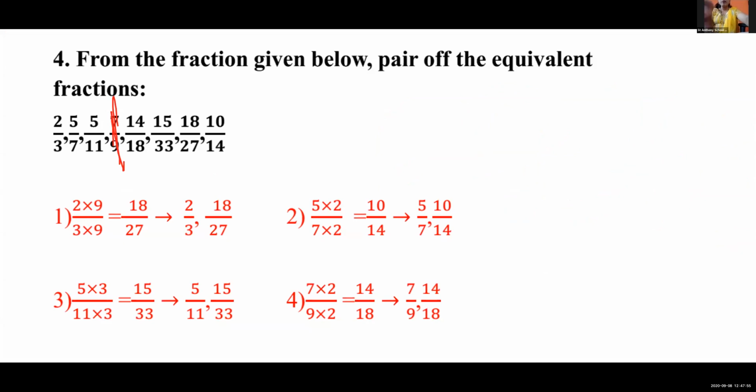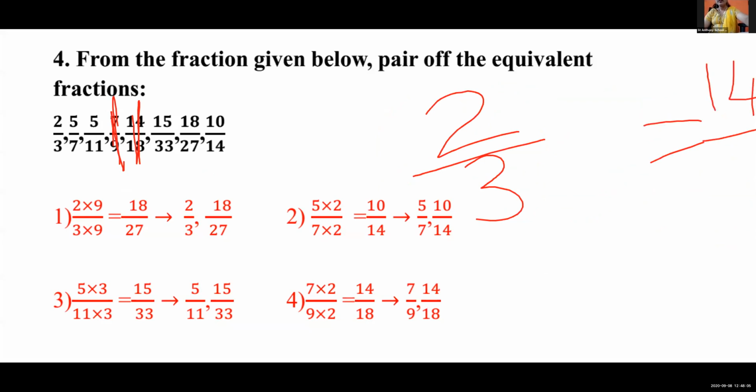Now I will tell you about 14 upon 18. I said 14 upon 18 also. Correct? 2 upon 3. What number was here? 14 upon 18. Okay, by which number will you multiply 3? That time you will get 18. Okay, which number you will use to multiply these 3 so you can get 18? 3 sixes are 18. So 18 is there, correct?